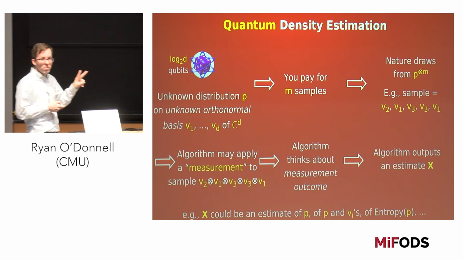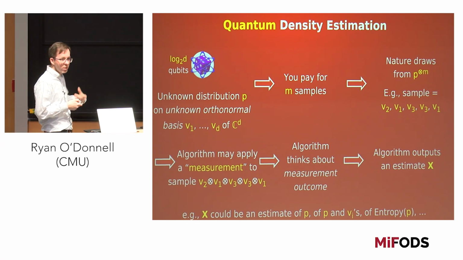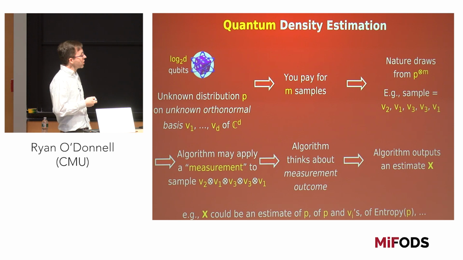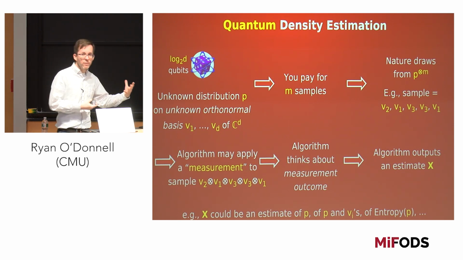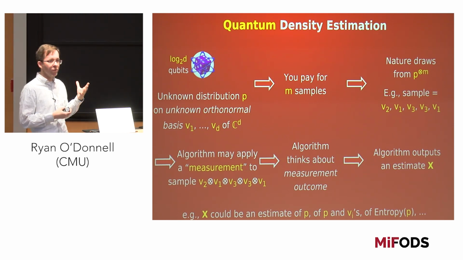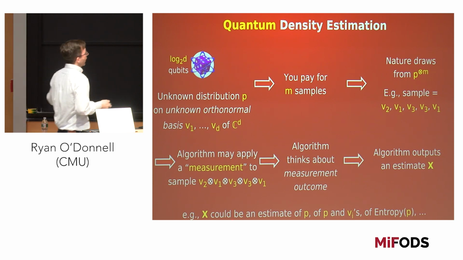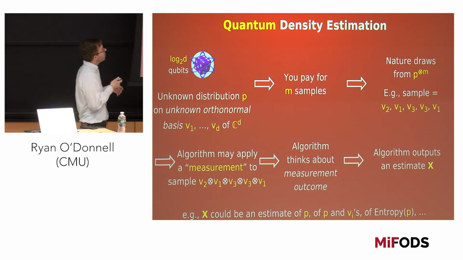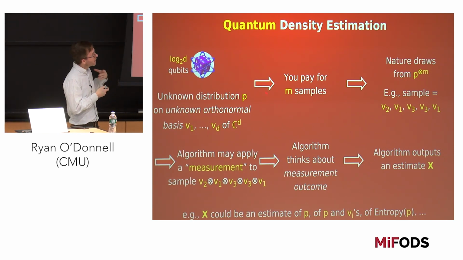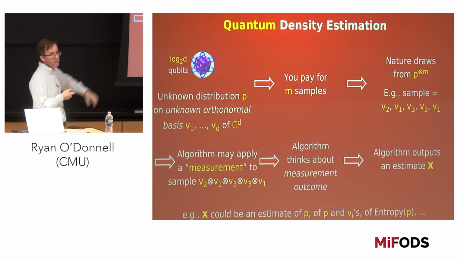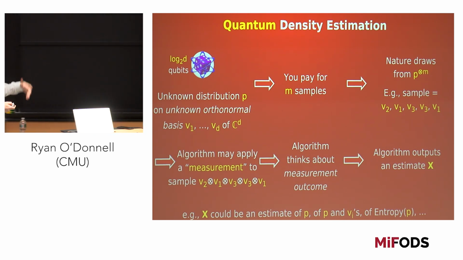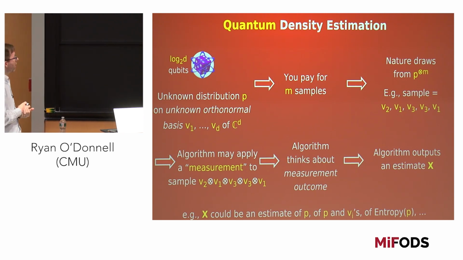Okay, so there are actually two probabilistic things happening here. First, the draw of the sample is probabilistic. And then the algorithm doesn't just get to see the sample. It gets some probabilistic information based on the measurement it chooses to perform. Measurements actually output classical data, so the algorithm might try to post-process this classical data. And then finally, it makes its output, some estimate x. Again, it could be an estimate of the probabilities p. It could be an estimate of the whole state, meaning the probabilities p and the vectors v. Maybe you just want to know the entropy of p. That's also meaningful quantumly, et cetera.